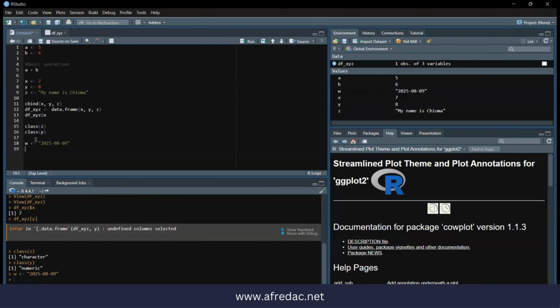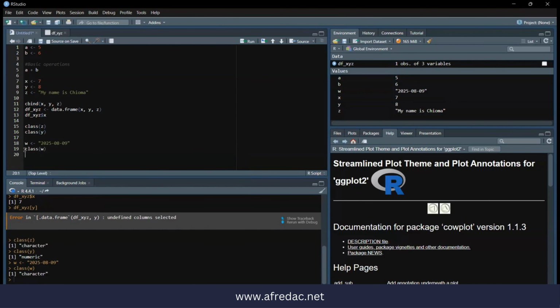Now, if I run this and ask R to tell me what class this particular one is under, it will tell me that it's a character, but I want it to be a date. So how do I do that? I can simply say